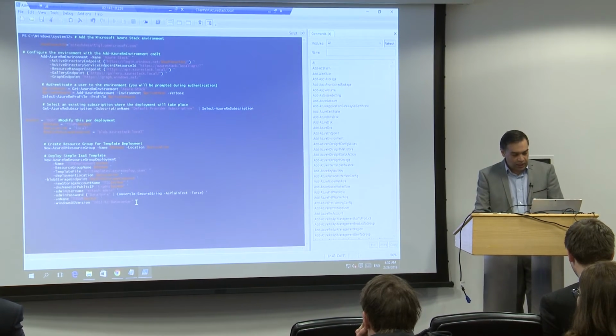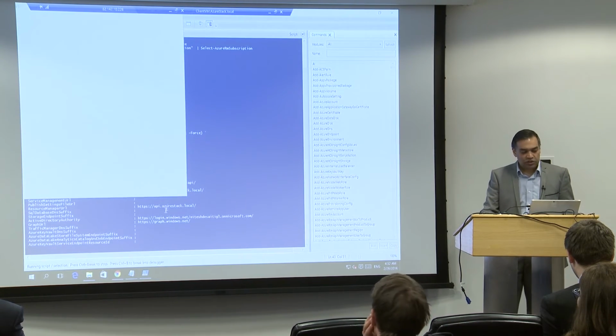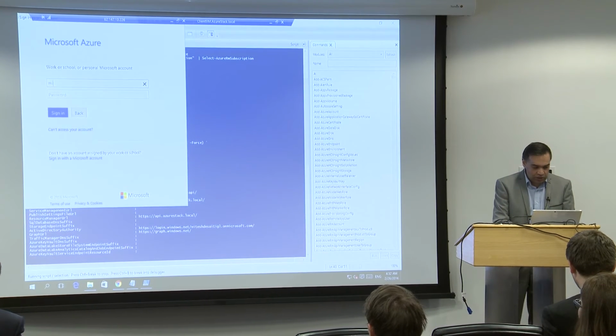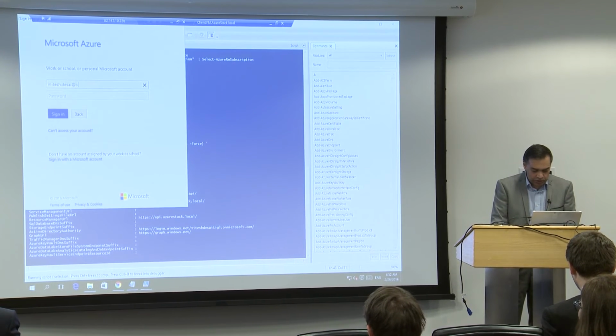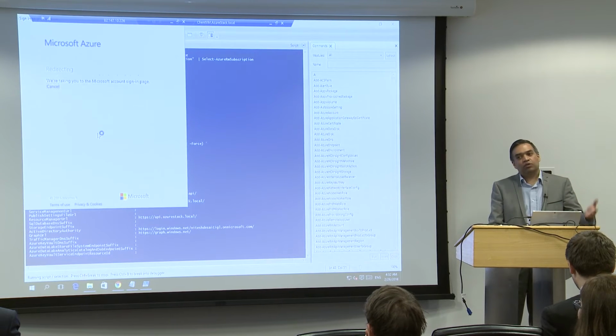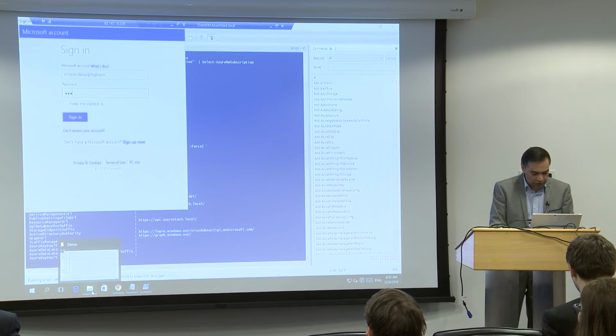So I'm just going to quickly get that off. When you start that off, you do need a subscription to the tenant. So what it will first do is ask you for authentication into your live Azure subscription. So I'll just quickly do that. And once it's authenticated, it will then start building the virtual machine on your on-prem Azure Stack.